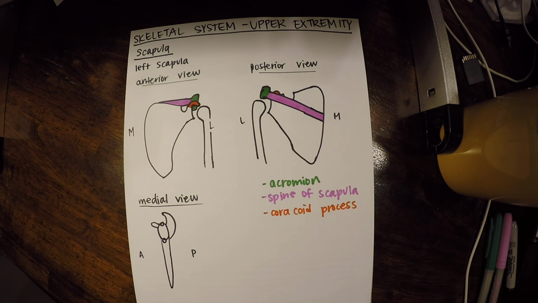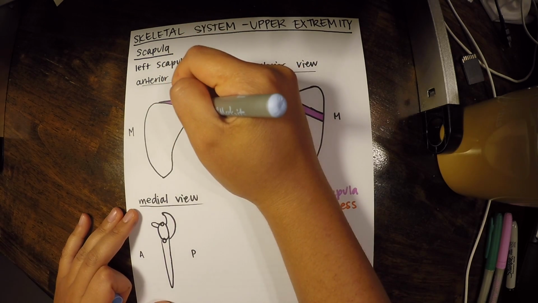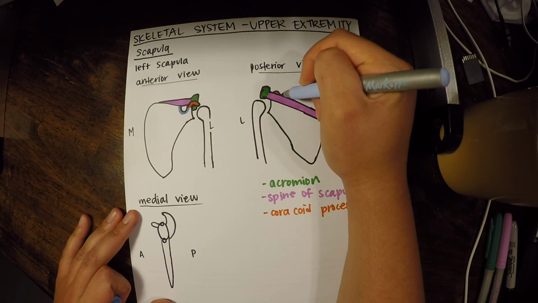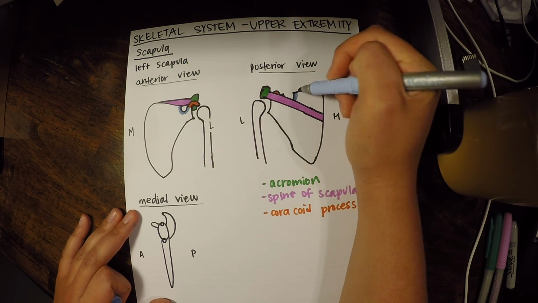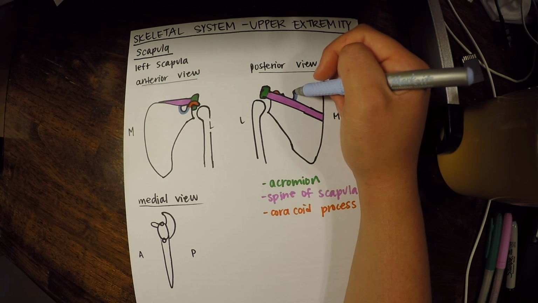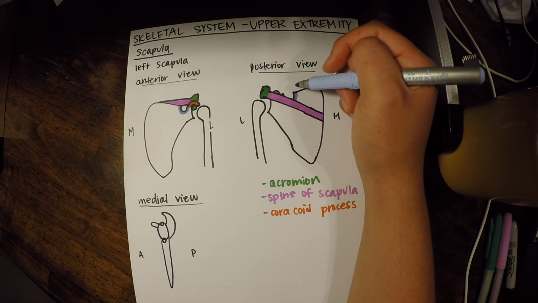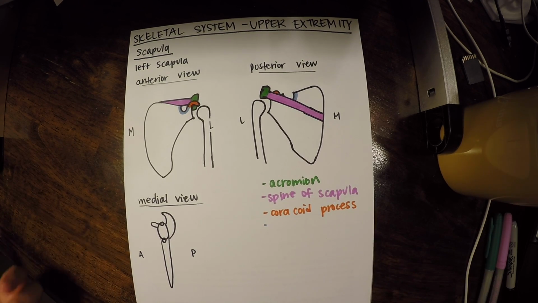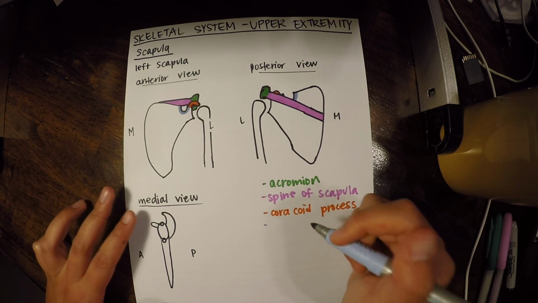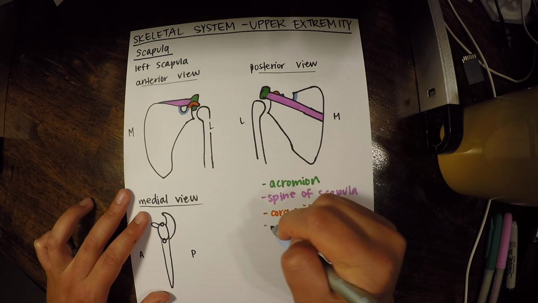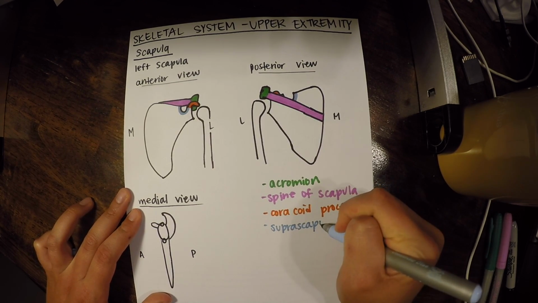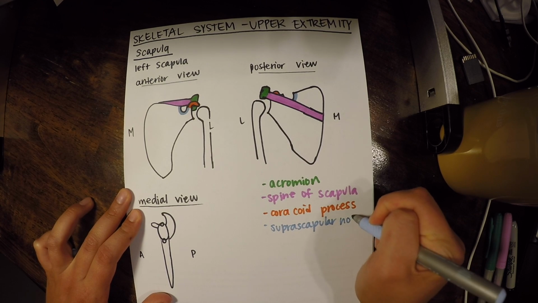Then we have something called our suprascapular notch. Now, supra means above, so this means a notch above or at the top of the scapula. So I'm going to draw it anteriorly and posteriorly. We just have some different things that travel through that notch. We're not going to go over that because it's beyond the scope of this course, but just know that that's why we have a notch there. We always have things in places for a purpose in anatomy. Suprascapular notch.